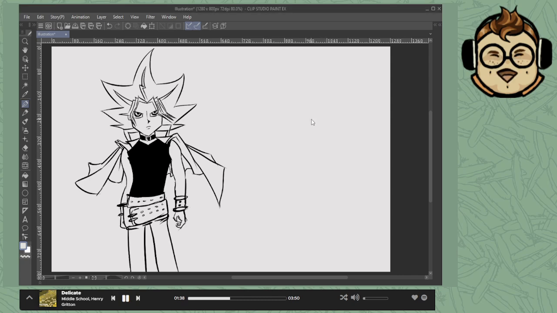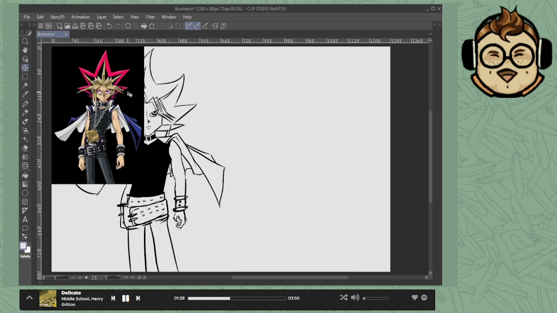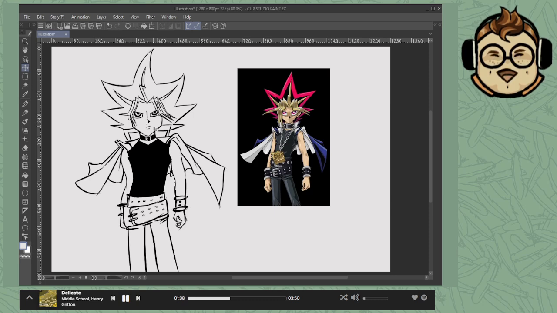Here's the image I was working off of here. What do you think? Made his face too thick for sure. Collar's not thick enough. The whole thing is a little off, and I didn't do his Millennium Puzzle here. Because frankly, it's ridiculous. It's huge. Why is it so big? He doesn't need that big of a puzzle. I suppose it's easier to animate. His little grump face. The pout, it's not the exact same pout, but I feel like I captured the true essence of the pout.